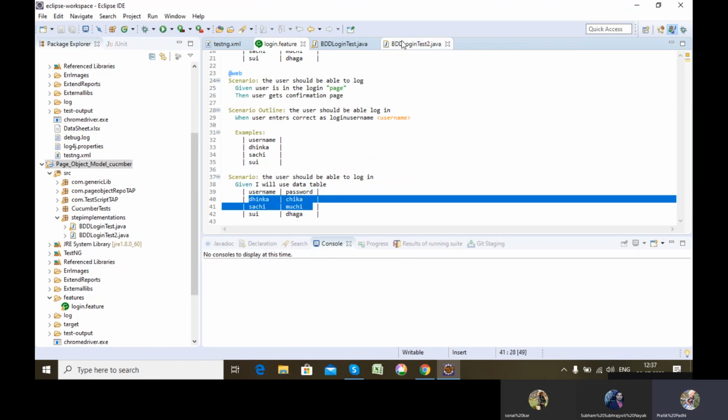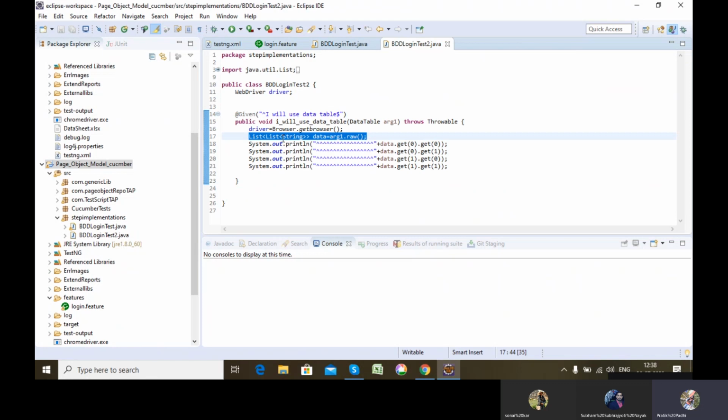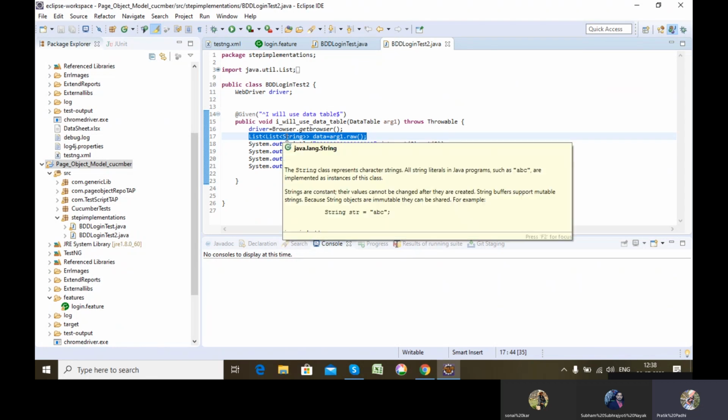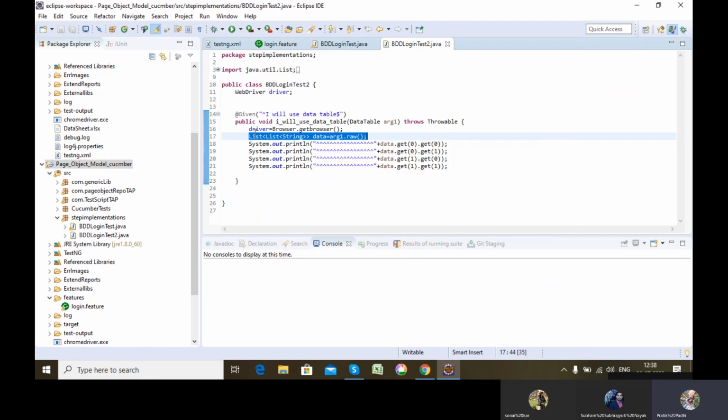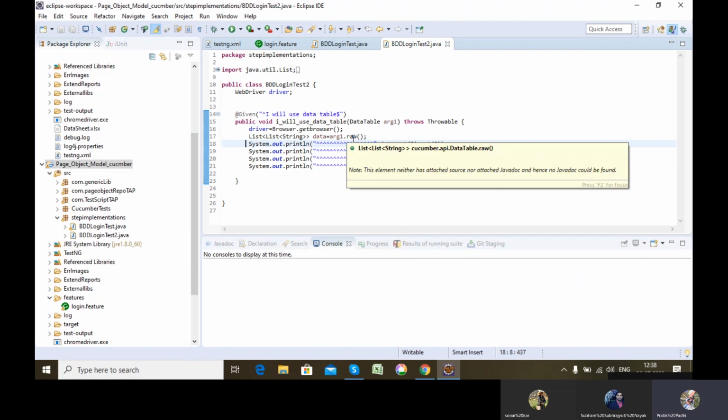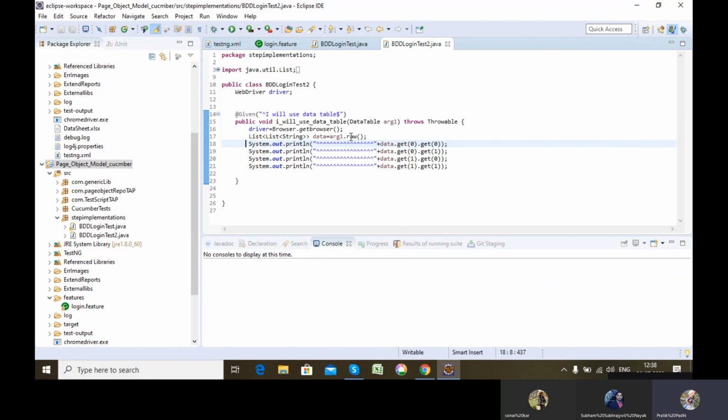So for one set of data, a list of strings, and then 4 lists will be present, that will again be stored inside one list. I'll be using one function to convert this data table into a list of strings, that is .raw.